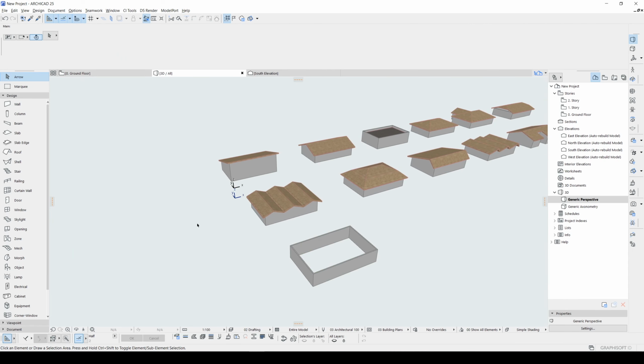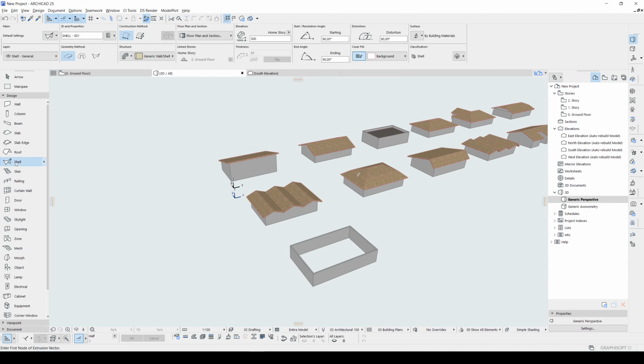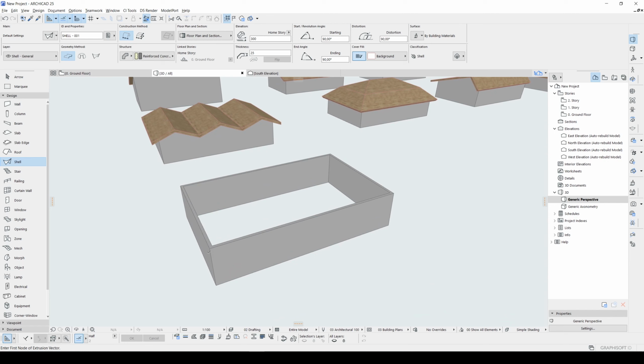Okay, next one will be curved roof. To create a curved roof, unfortunately, we are not going to use our roof tool. To achieve it, we will use shell. Let's click it and make some arrangements. We will use this first method, extruded, and construction method will be simple. And first we will determine the direction.